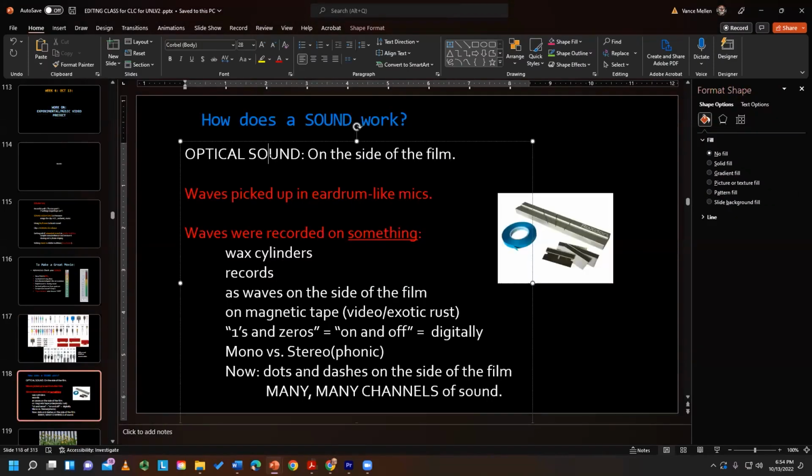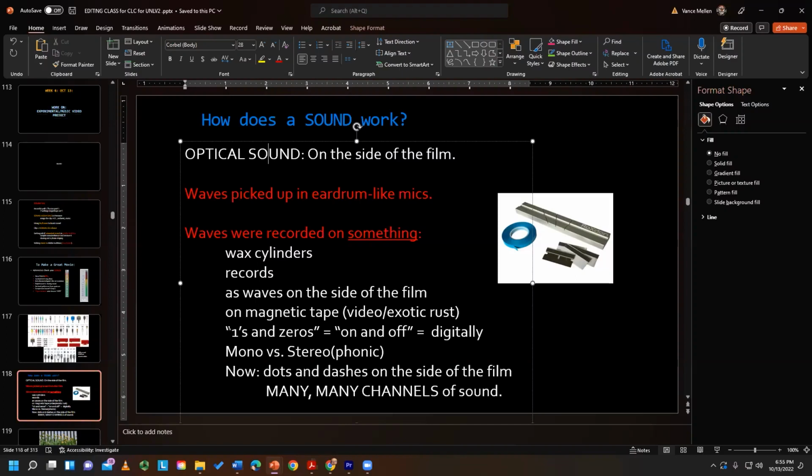Have you guys ever looked at a speaker bouncing, like actually seen it in a car bouncing or something? That gives you a good sense of what the waves are doing. And all it's doing is compressing and decompressing air, and the air goes in and hits your eardrum. It's kind of amazing. So they used to record on wax cylinders, records, but they would skip or get scratched and then it would be out of sync. Then they did waves on the